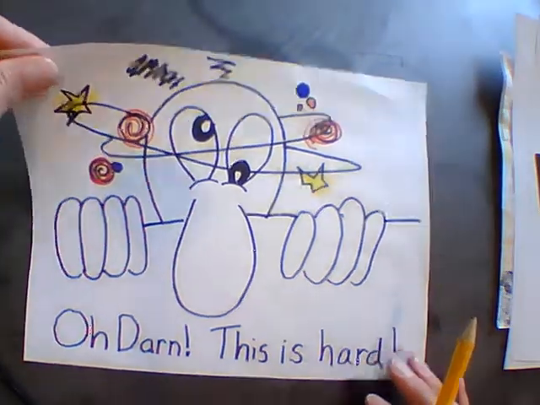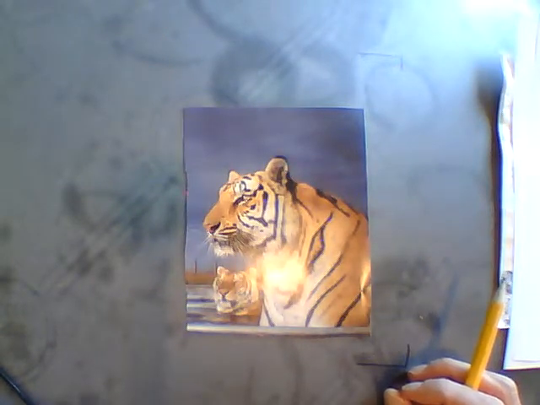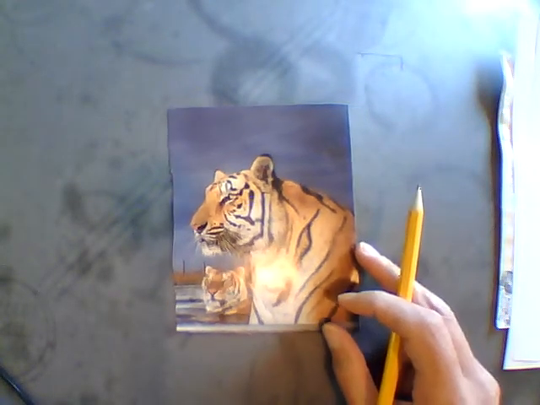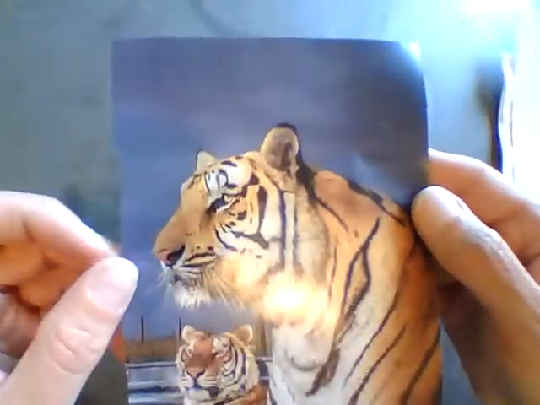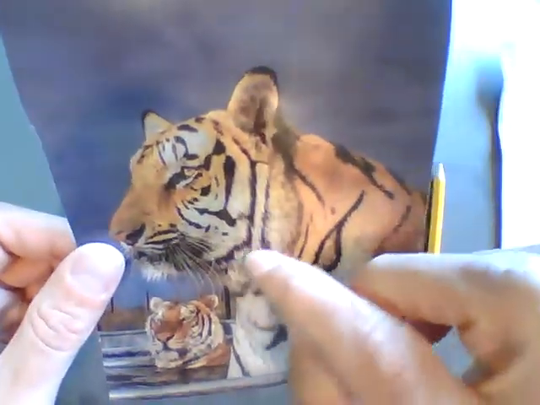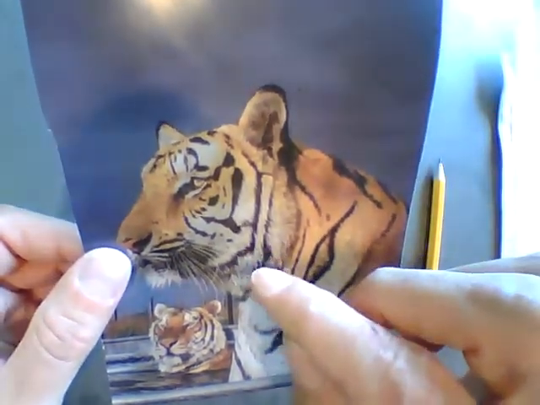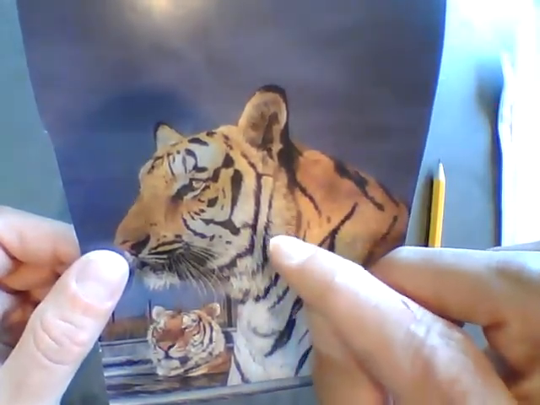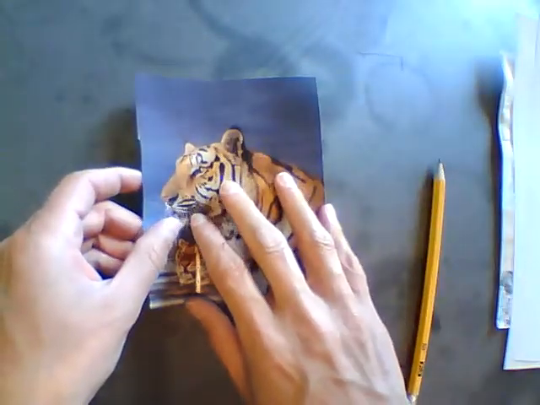So how do we do that? Look at the photograph of this lion, or tiger, excuse me. If you look at it up close, you can see the texture around there. It kind of looks like a painting, but it actually is a photograph. But you can see the texture. It looks like it has some hair down there. Looks a little fuzzy. So how do I change a flat piece of paper